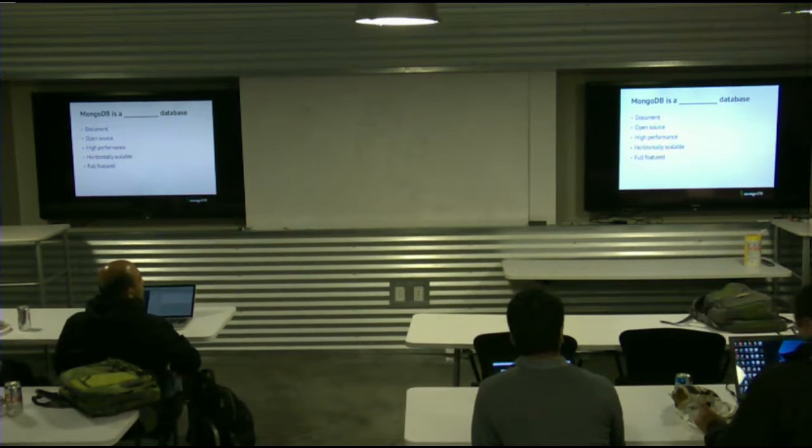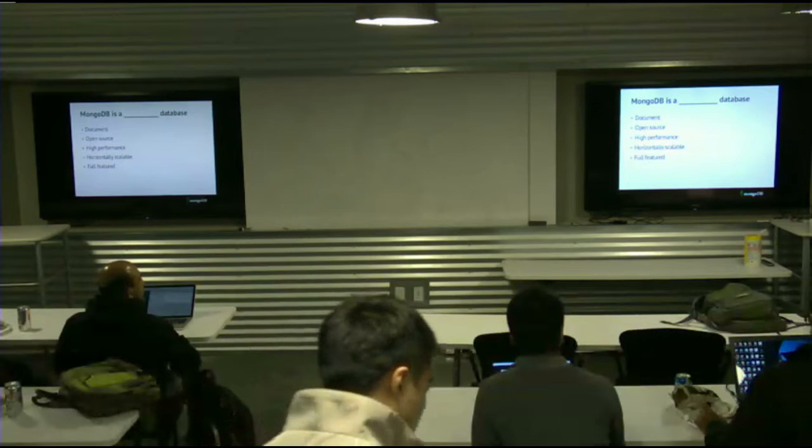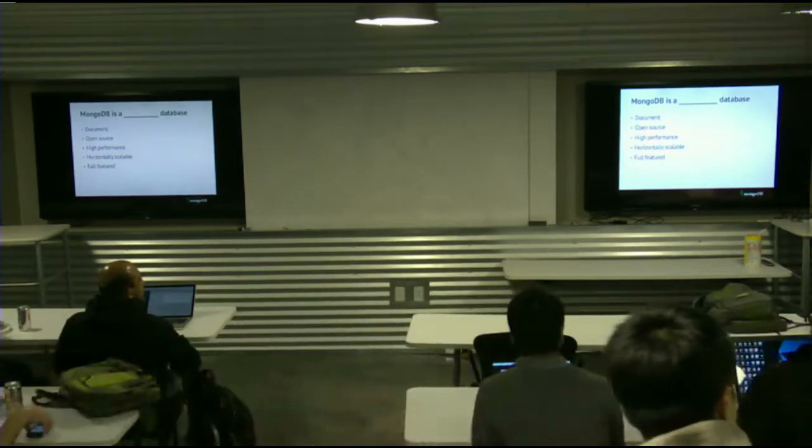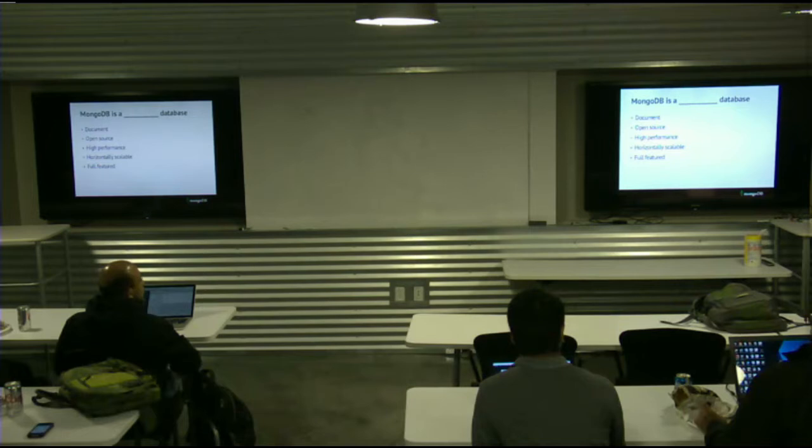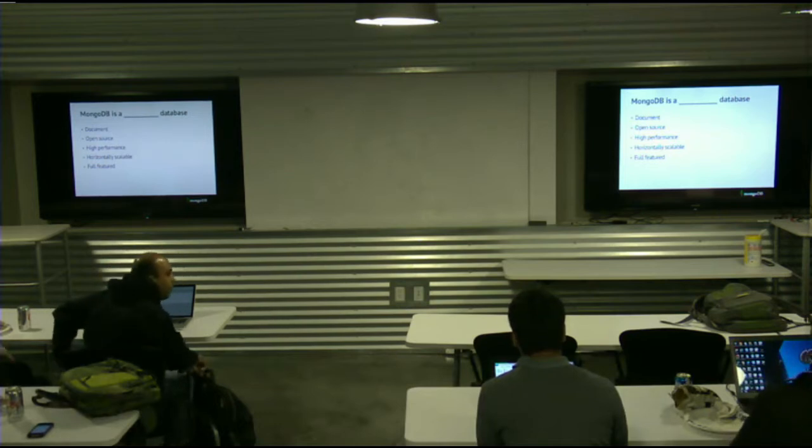The two core tenets of MongoDB that we try to adhere to as much as possible are agile and scalable. Agile is everything from writing code against MongoDB, iterating your dev model, your data model, your schema design over time, all the way to being agile with your deployment, which feeds into scalability. We want you to be horizontally scalable. We want you to have some vertical scale if that's possible. But we want the entire thing to be iterative from top to bottom, whether it's your code, your data, or your deployment. So it's really what the core of the system was based around. And a lot of what we're doing on a regular basis to improve it is around those two key areas.